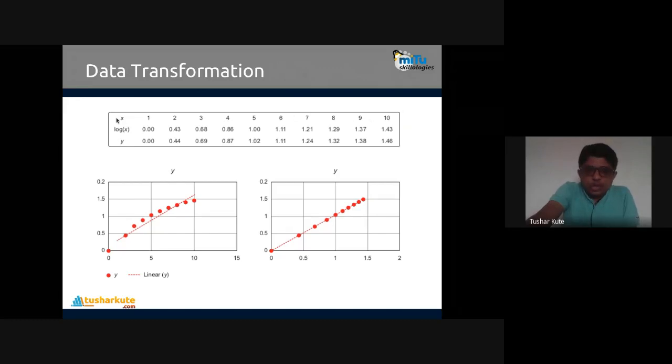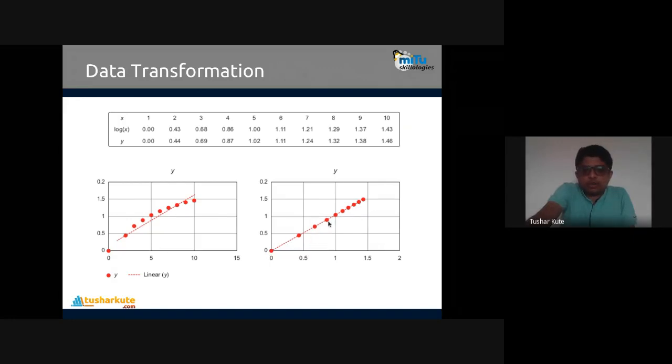This is the input and this is the output. You can see the first is 0, the second is 0.44, the third is 0.69, the fourth is 0.87. When I plot this data, you can see x against y in this way.